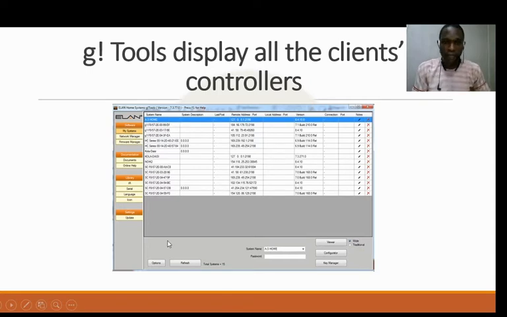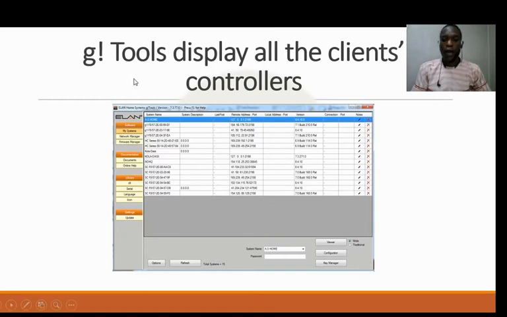All the systems that are connected to that network will be displayed under this network manager. You can quickly take your own controller, configure an IP on it, and assign a static IP to it. It's always advisable to assign a static IP to a controller.